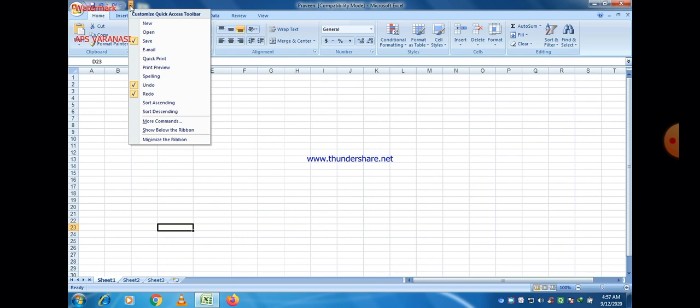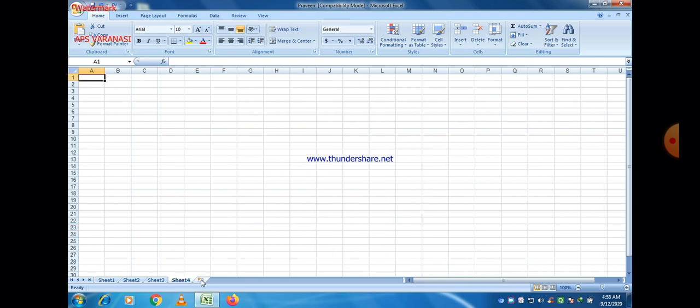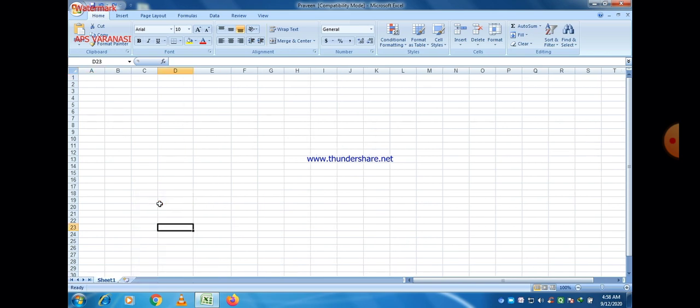And this is a quick access toolbar, so different options are available here, and these options are also present in MS Word and MS PowerPoint, and these are the different sheets here. You can also increase the number of sheets if you want. I just click here, and then you can easily see that the number of sheets is automatically increased. And if you want to decrease, just right click and press the delete button, and you can easily see that the sheets will be deleted. Here I want to use only one sheet, so I just delete all other sheets which are available by default here.